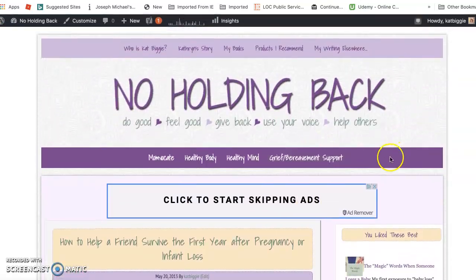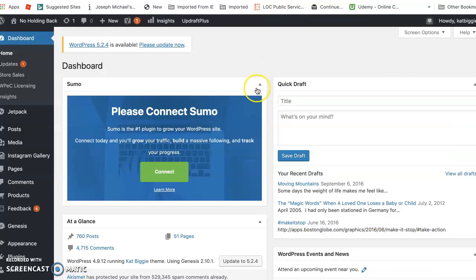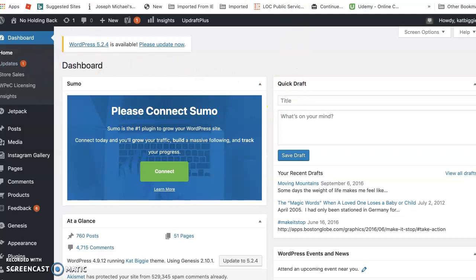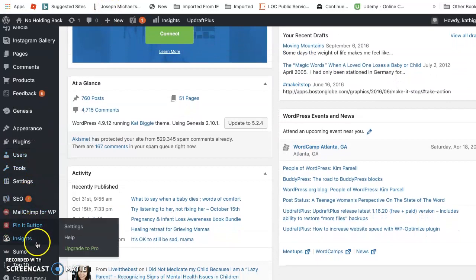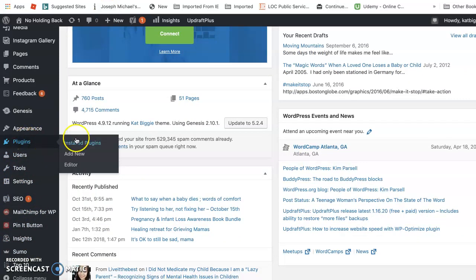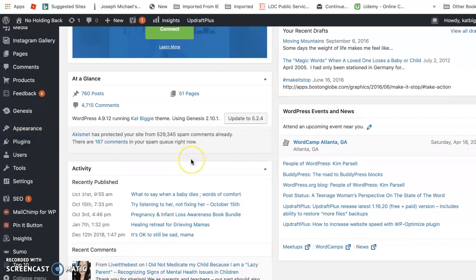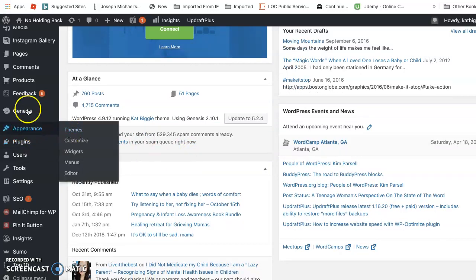So let's get back to the topic at hand, which is installing these widgets and social media icons. So we're going to go back into the dashboard of WordPress. Again, all of our tutorials are on WordPress, and you have 2 options here. You can either go into the plugins area, which is where you're going to start first, and you're normally going to go to new, add new,